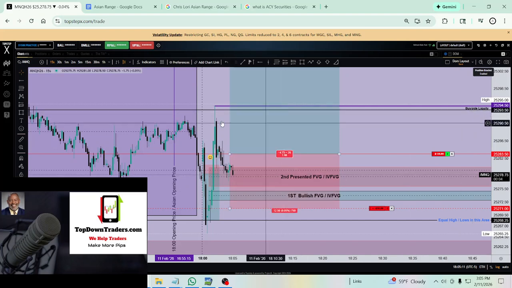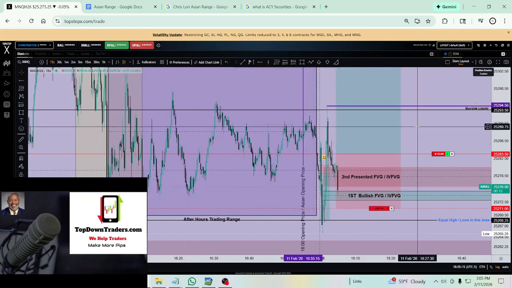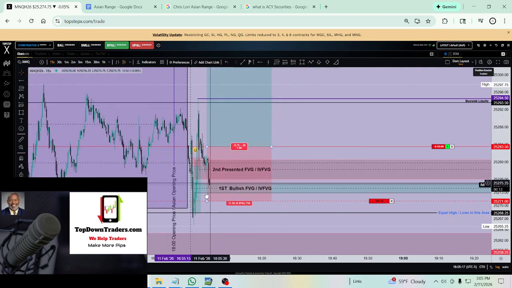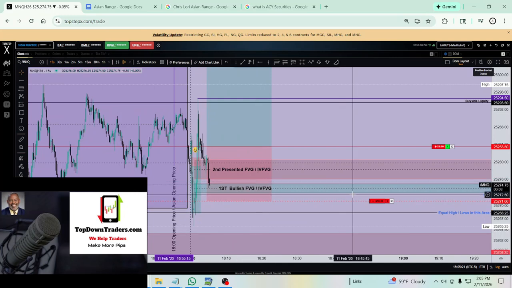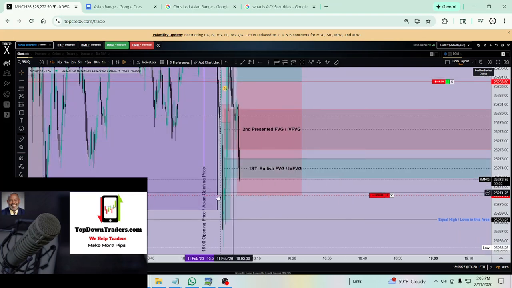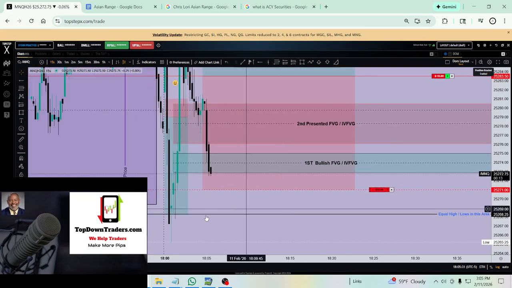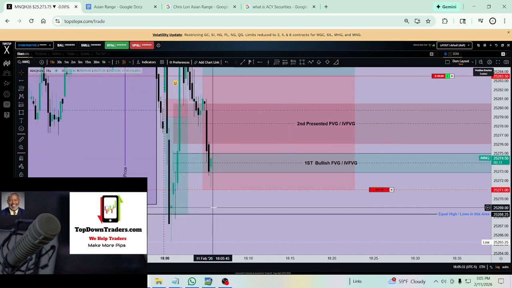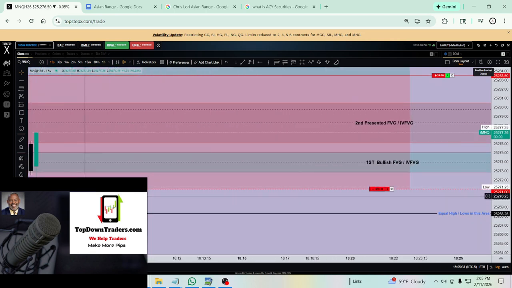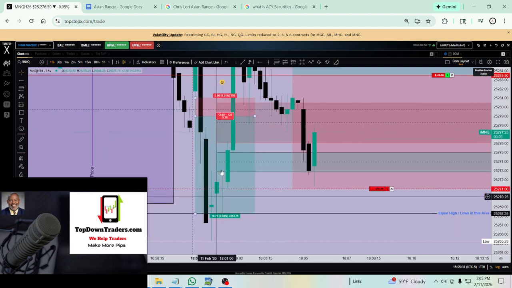So we have buy side liquidity rested up here with stops here and there. We're coming down to the first bullish fair value gap, retesting that. And what you guys don't see is there is a candle that's hidden right here, and it's a doji. I guess you can see it now, right? See, this is a doji candle,